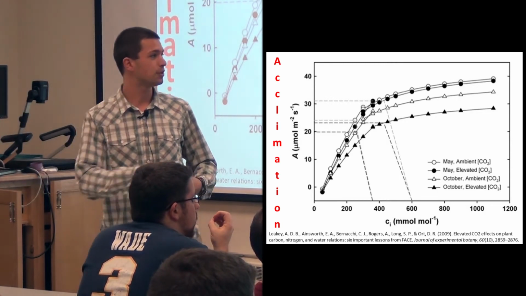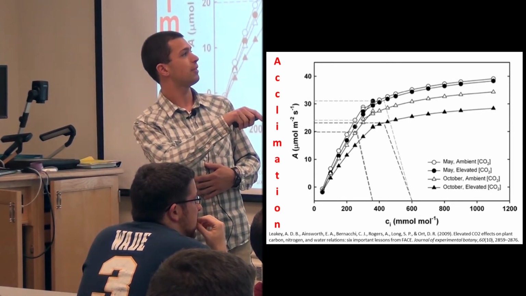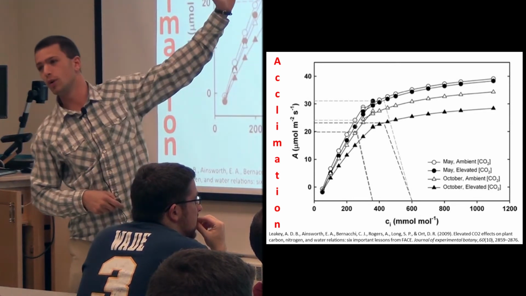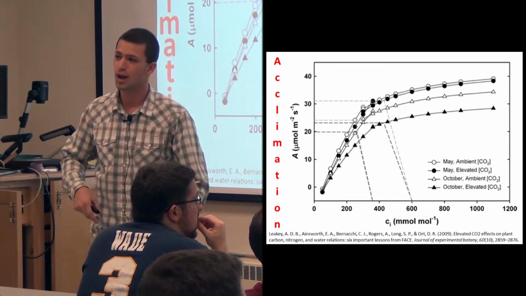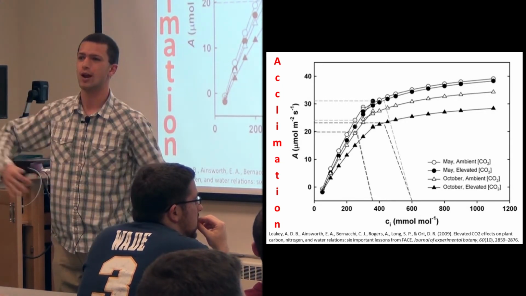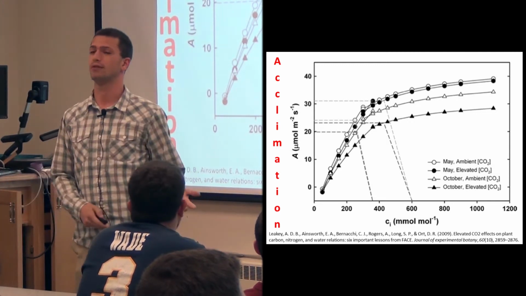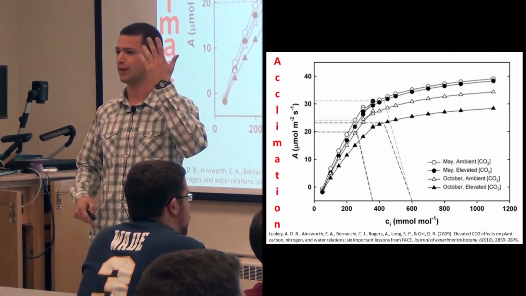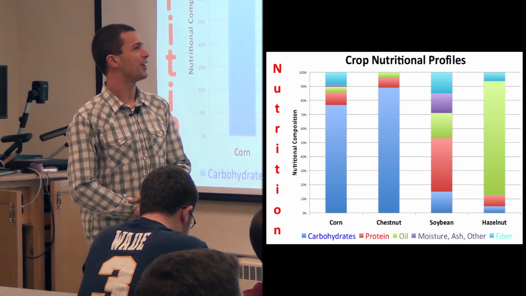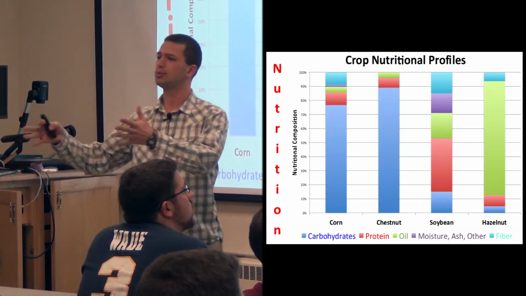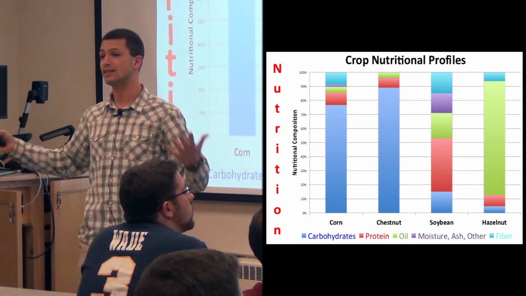So if you have a plant grown at elevated CO2, which is the black dots, it actually lowers that whole curve over its lifetime. So now we know that plants also have, in a way, kind of a memory, and they're reacting over long time periods to their environment as well. Some people think that plants could never react over a long time period, they don't have a brain, but there you go. This is all plant level stuff right now, so we also know what's inside plants.